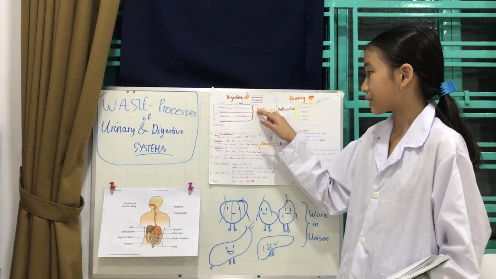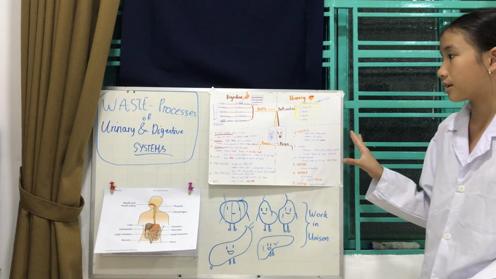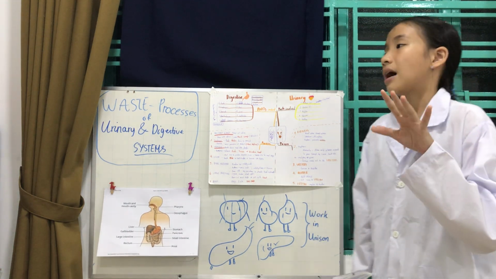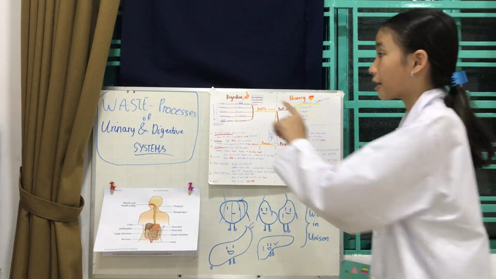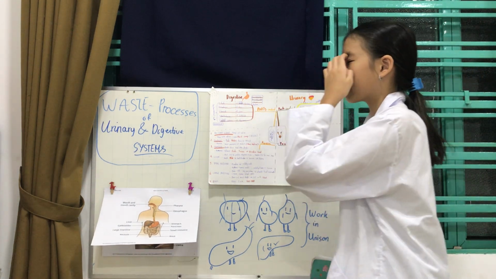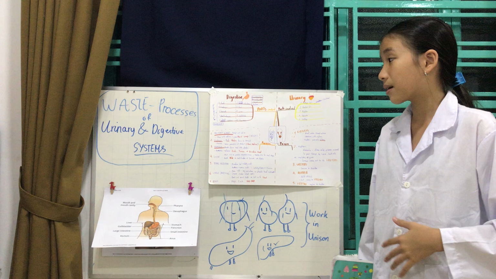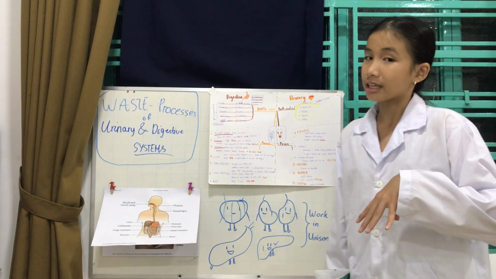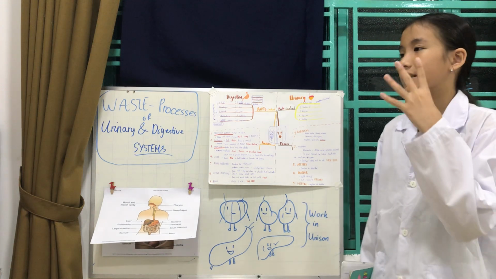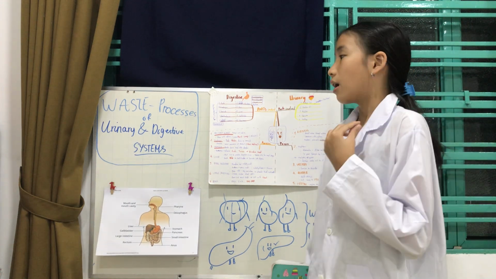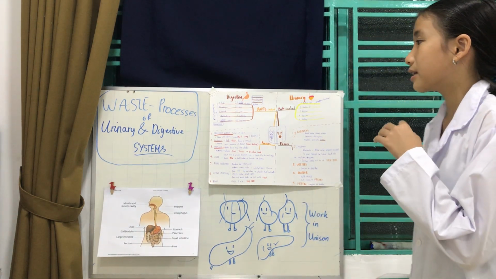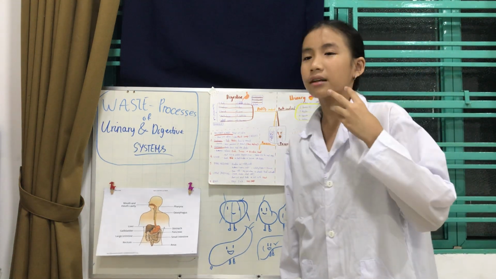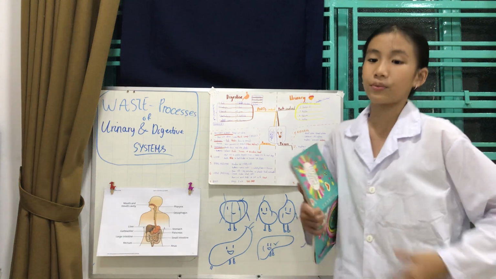Now, the first part, the parts that are involved in it. There are 10 main parts involved in this. The first parts are the mouth, the esophagus, the stomach, the duodenum, the small intestines, the large intestines, and the anus. This is just the gastrointestinal tract, and it goes from our mouth down to our anus. These are the parts that help us to break down the food.